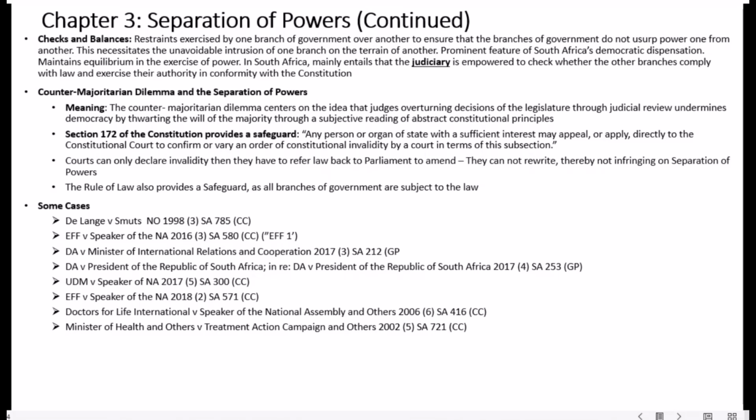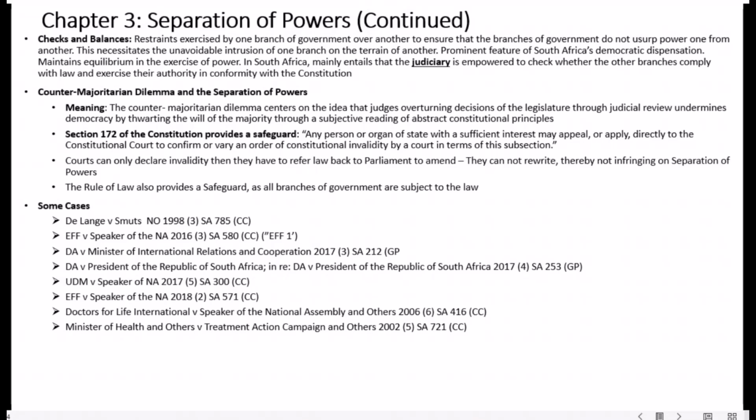So what they're basically saying here, colleagues, is when Parliament enacts laws, right? The fact that those laws can actually be taken to court and be declared invalid by the court would, on the face of it, or prima facie, appear as though the powers or the authority of Parliament or the legislature are actually being undermined. So there has been a lot of debate about this, whether that power of courts to declare laws invalid intrudes too much on the powers of the legislature. And